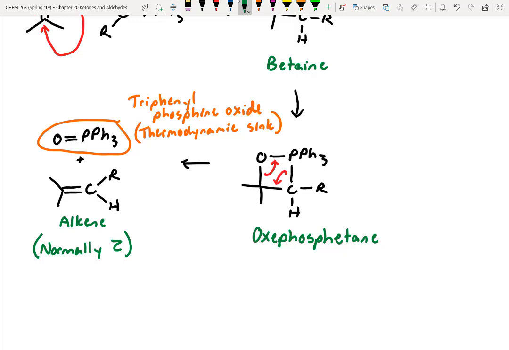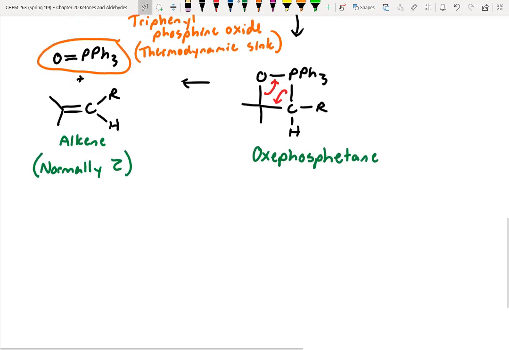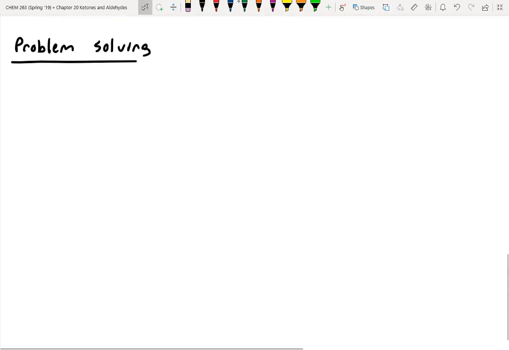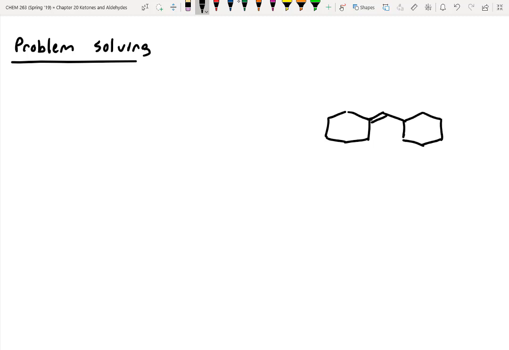All right, so we have a couple minutes left. I wanted to show you one basic problem-solving strategy. All right, so here's the situation. My goal is to make this molecule. So the question is, what chunks would I need to make this molecule? And there's actually a couple different ways. So for example,